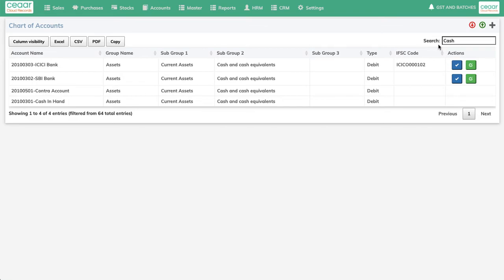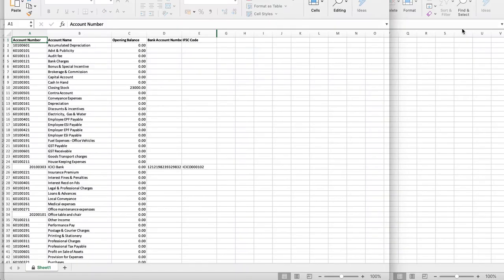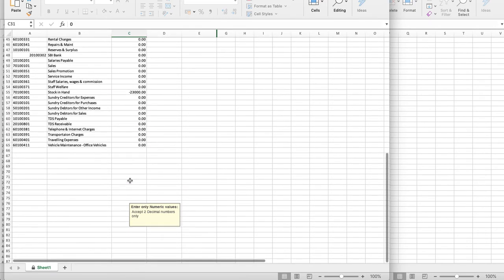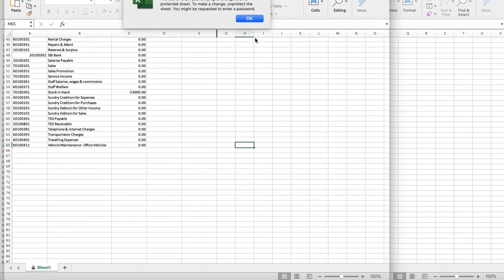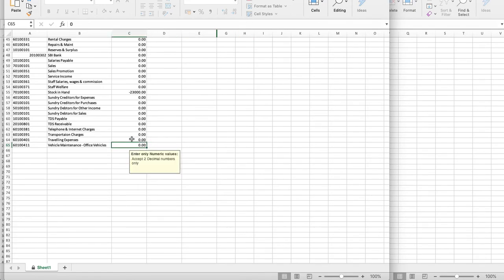So every time you make changes to these accounts, add new accounts and download it, you will get that new account in that list. Now you can see I have added ICICI, it came in the list. So I can enter the account balances here. Remember, nothing else can be added. Only in these fields I can add the numbers, save this file,